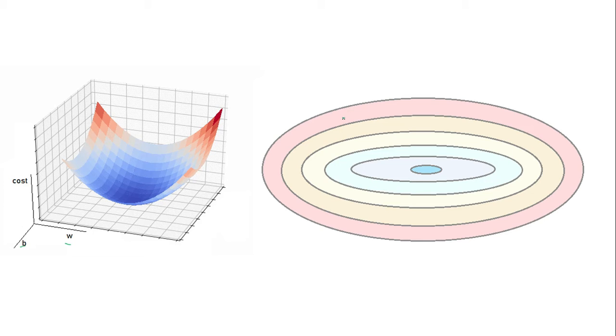When we implement normal batch gradient descent, the weight updates on this contour look something like this, where it reaches straight towards the local minima. But when we implement mini batch gradient descent or stochastic gradient descent, the weight updates are not straight, but take this zigzag path to reach the local minima. So a lot of time gets wasted by taking this zigzag path instead of this straight line. It wastes a lot of time by moving in the vertical direction but not directly moving straight